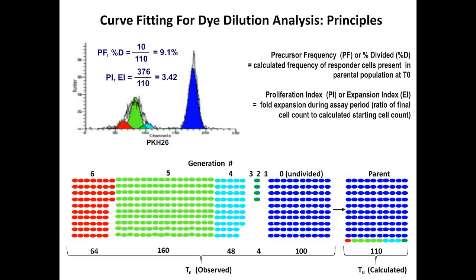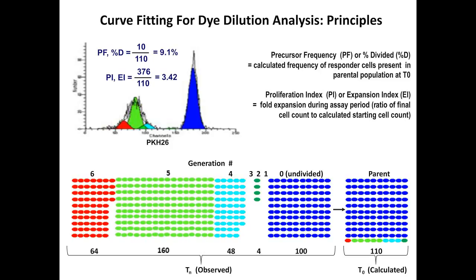So what we can do is, with this snapshot, we can then go back and calculate what was in the parental generation. So if in generation 6 we had 64 events, then in generation 5 it would have been 32. In generation 4, it would have been 16. And we can go all the way back to the parental, and there you can see that one red event, in generation 1, that would have been one event or one cell that went on to divide and become 64 in generation 6. And so we can do that with all the generations and basically come up with the